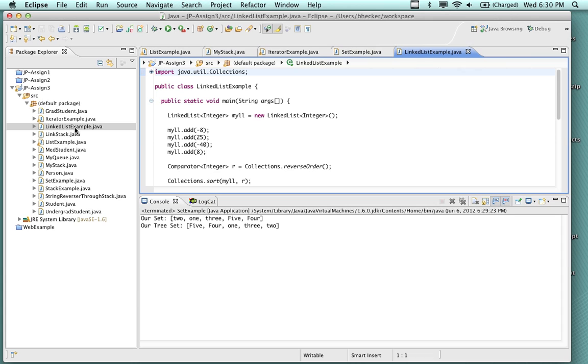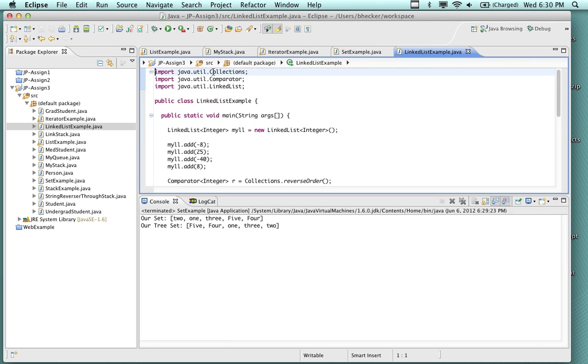We've actually kind of seen some linked lists, but here's another one that's using a linked list instead of an array list. So instead of looking at the array list, now we have the linked list. If you're familiar with linked list from C++, most people go, oh no, not linked list. It's a lot easier actually, because you're not really creating a linked list, you're using the one that's in the collections. And this example is nice because it's showing you collections, the comparator actually, which is another one we haven't